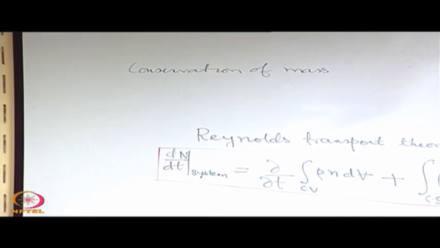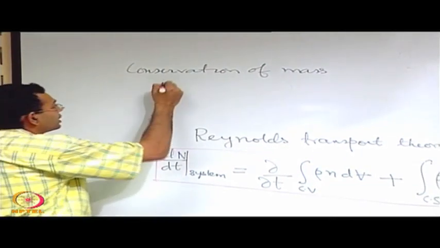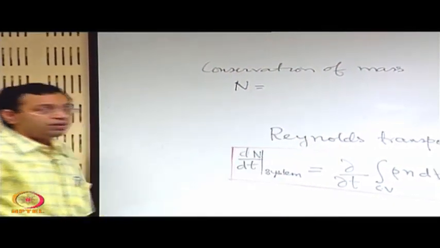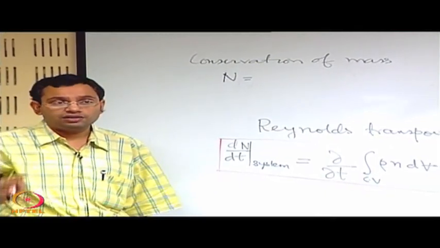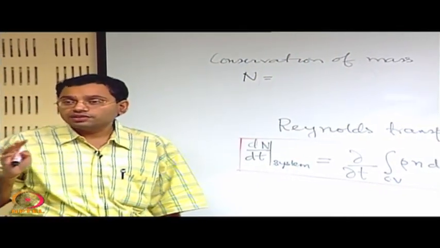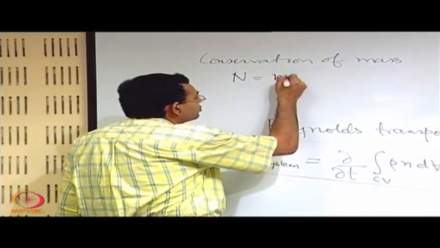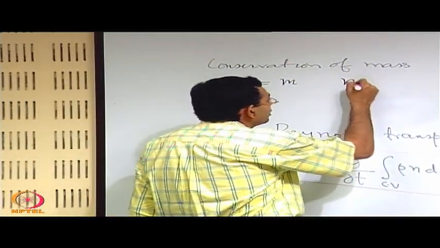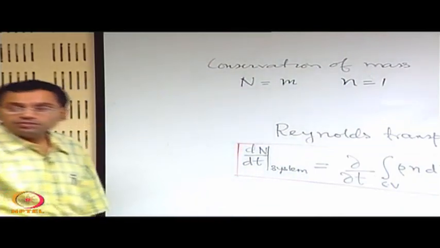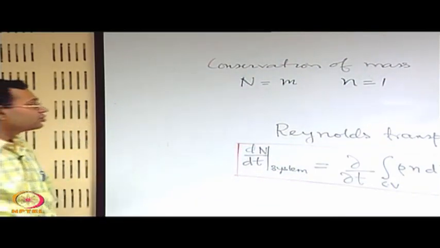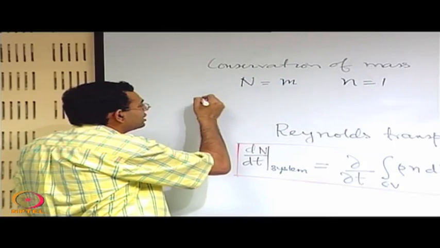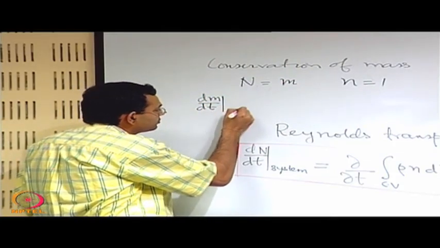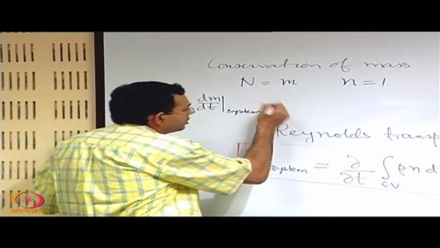When we talk about the conservation of mass, what should be capital N? What is the property that we are conserving here? Total mass of the system. So, capital N is equal to m, which is the mass of the system. So, what is small n? It is capital N per unit mass. So, let us substitute that in the Reynolds transport theorem and write dm dt for the system is equal to